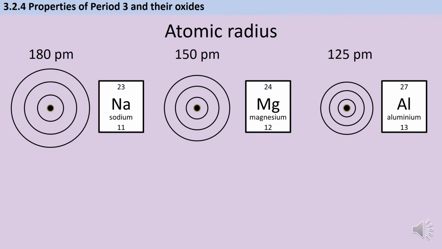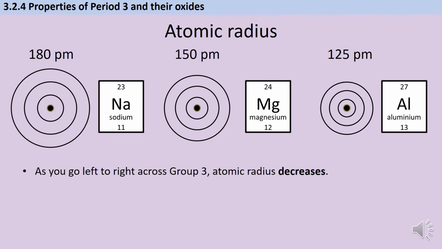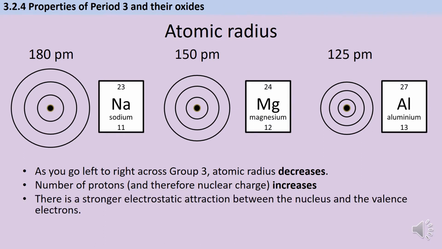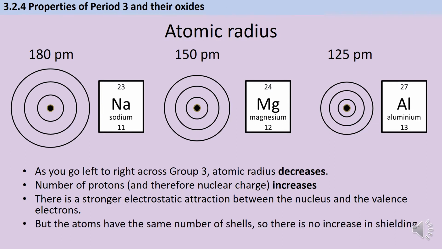Here are diagrams of sodium, magnesium and aluminium, and as you can see from their relative sizes, the general trend is that as we go left to right across period 3, atomic radius decreases. This is partly because the number of protons is increasing by 1 each time, so there's a higher nuclear charge. This means that there's a stronger electrostatic attraction between that positive nucleus and the valence electrons in the outer shell, and therefore that outer shell comes in closer and closer to the nucleus. However, it's also important to mention that the atoms have the same number of shells, so there's no increase in